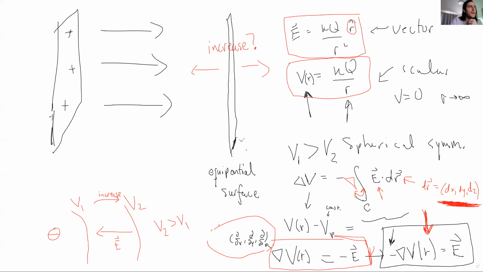So this plane is at a potential, let's call it just V for potential here. So it's at a potential V. What is the direction of increasing potential difference? So if I move left, if I move this way, is